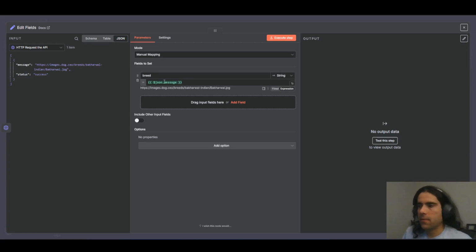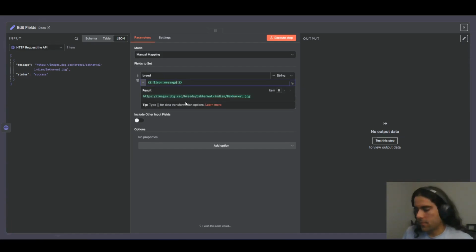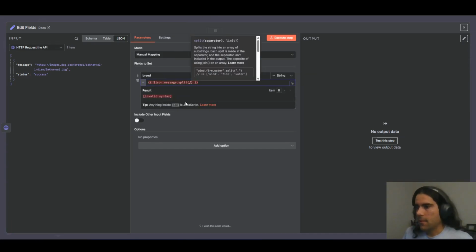Okay, so now I have our URL here, and I want to extract this part. So basically we need to split that by a slash, right, and get this name here. So if I split that by slash,